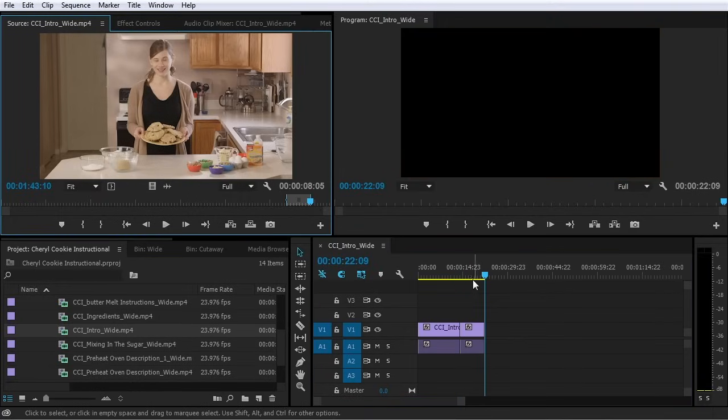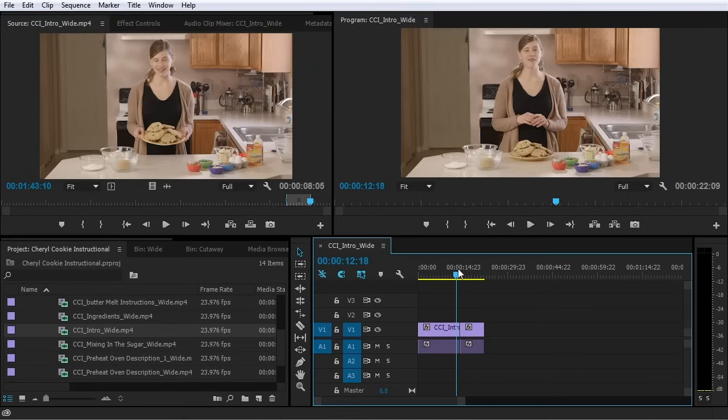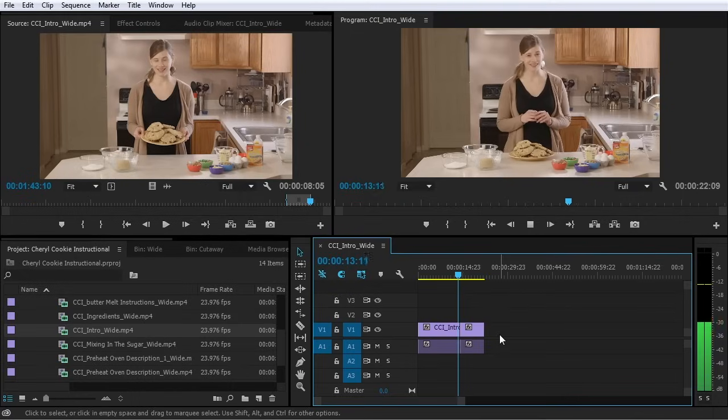Overwrite adds the clip to the sequence, but it overwrites whatever was there. So now if I play this,